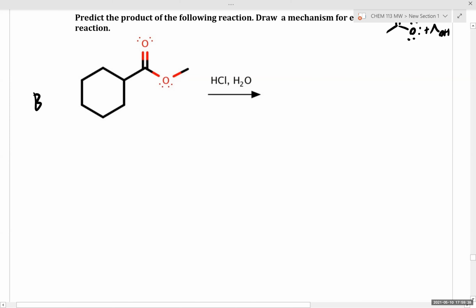Clearly under acidic conditions. Wonderful. Okay, so given that we're under acidic hydrolysis conditions and we have an ester, let's try to predict the product